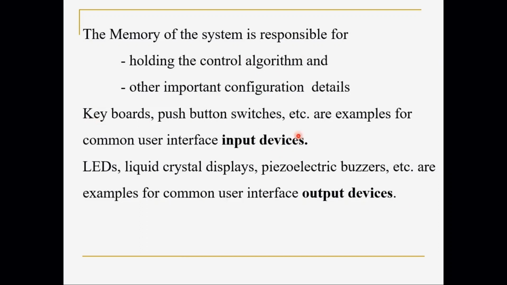They have given some examples like input devices. It can be sensors. Sensors are there to read the external physical variables like temperature, right, or light, all those things. Other than that, we can have input devices like keyboards and push buttons, right? You can see these push buttons are there. Keyboards will be there, like your calculator will have a keyboard, your digital watch will have a push button, right?